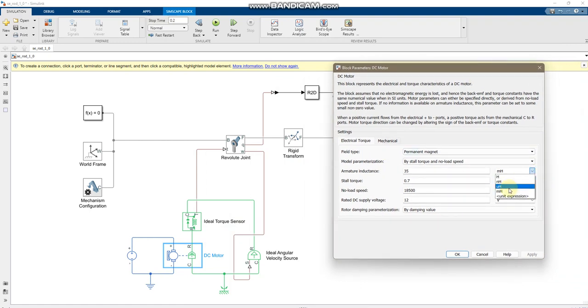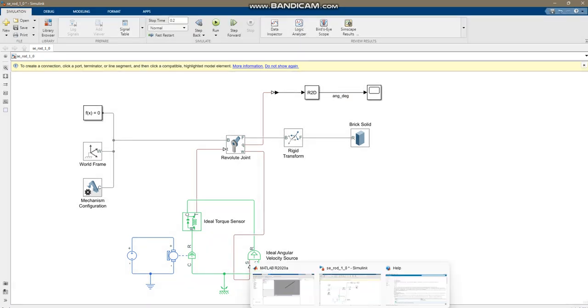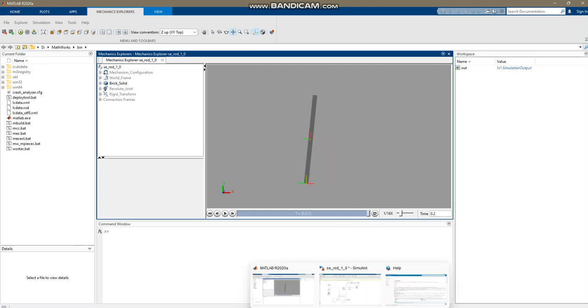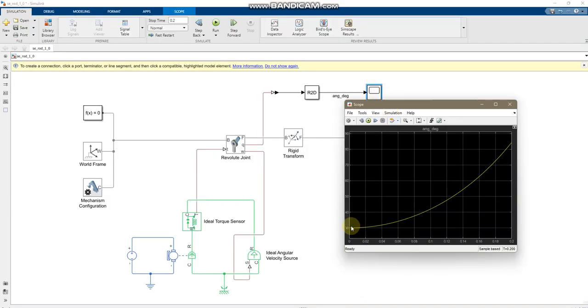And I have made a mistake over here. It should be micro Henry, as I can remember. Right. So I have made two changes, and I'm running the system again. So now this should work. The graphical visualization gives positive results, and let's see what the scope says. And yes, it starts from 30 and ends at 87,